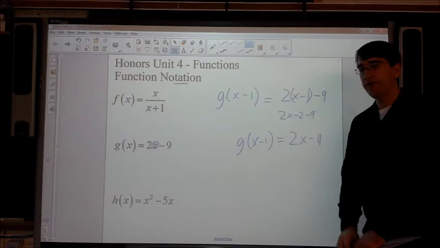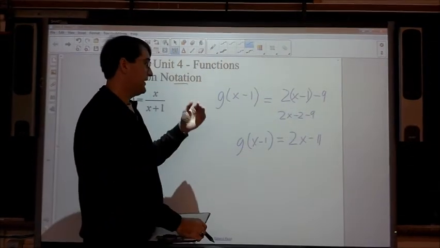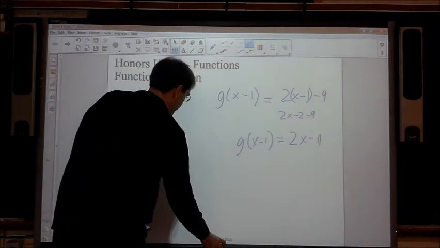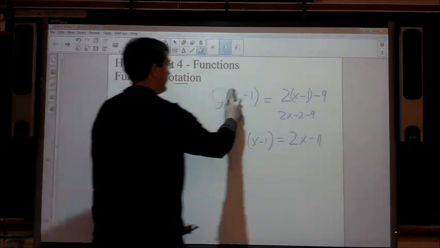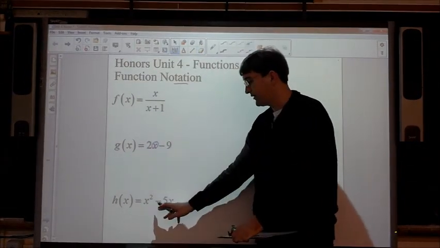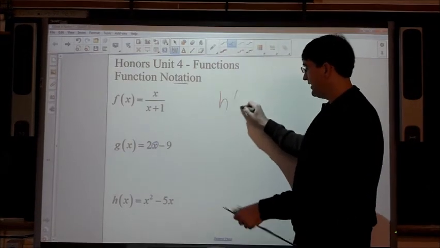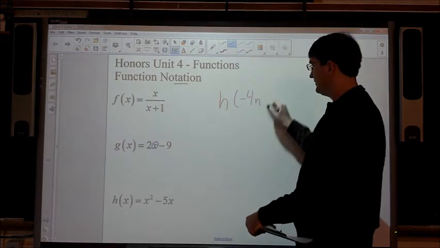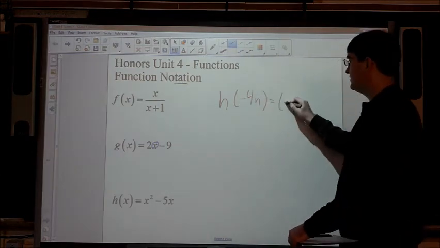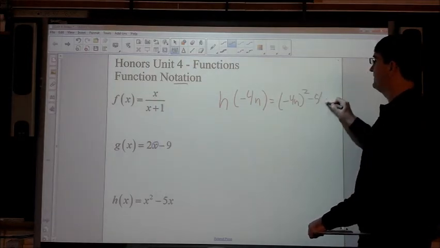So replace with parentheses. This is especially important when we have a negative in the parentheses, which is the last example on your notes there. When we're using function notation, we always replace with parentheses. So if down here I want to do h of negative 4n, I'm going to plug it in with parentheses. I'm going to say that that's equal to negative 4n squared, minus 5 times negative